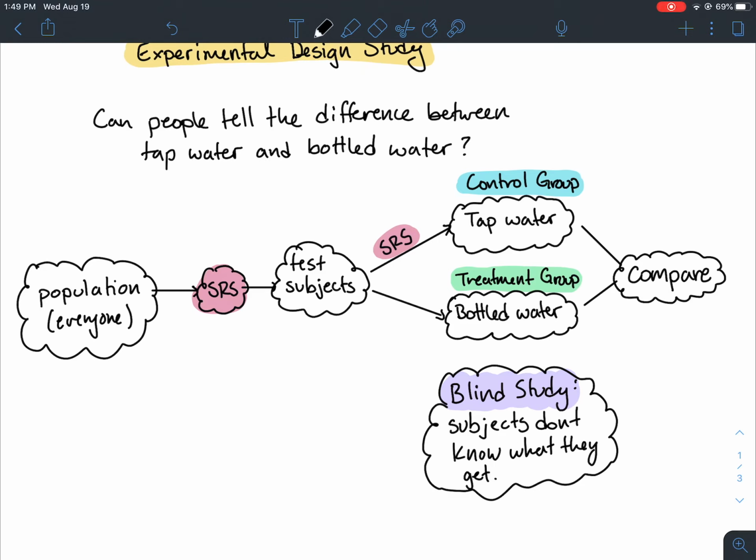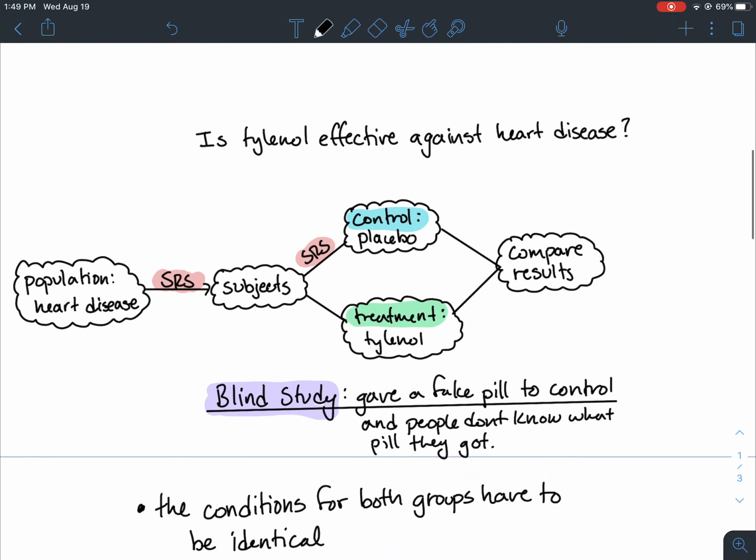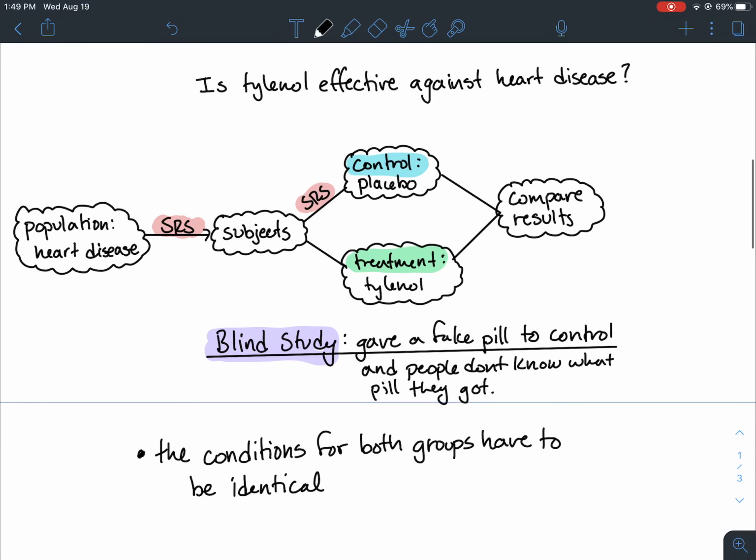Because they might think, oh, this is warm water, I don't think it's good, so it's got to be tap water. Whereas people that got cold water will be like, oh, this is really good, so it must be bottled water. So things like temperature, setting, where you're taking it, where you're putting that, and how you're giving it out,